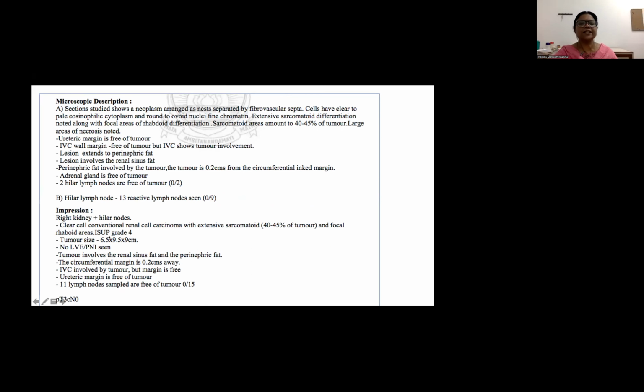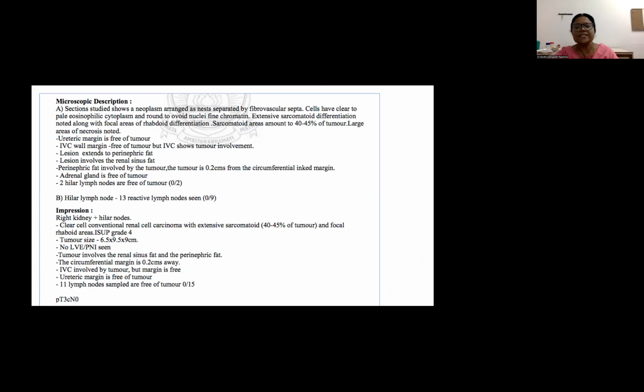For example, in this particular kidney, it was a conventional clear cell renal cell carcinoma, but it showed an extensive sarcomatoid change. What does that mean? That's a bad prognostic parameter as far as clear cell renal cell carcinoma is concerned. So whatever advancements have happened, the cornerstone of any tumor diagnosis is made by the morphological assessment. This sarcomatoid change you can only see if you do a thorough grossing and also a thorough evaluation of the microscopic